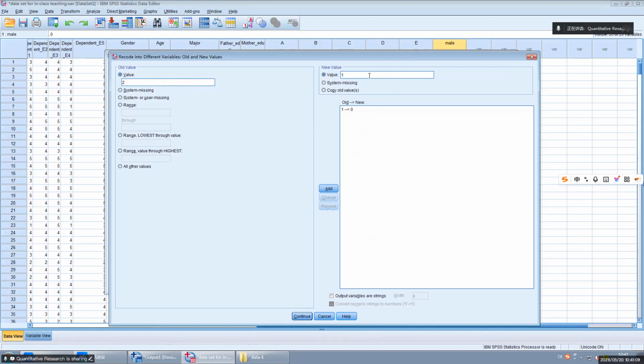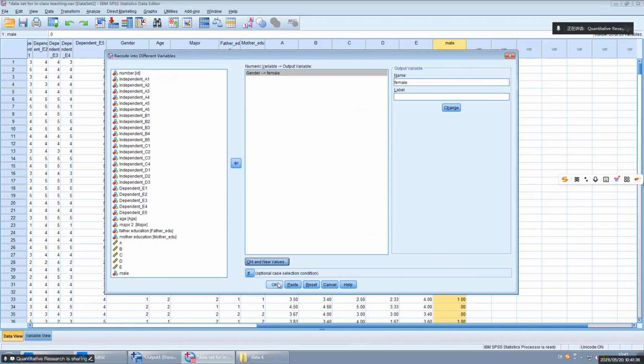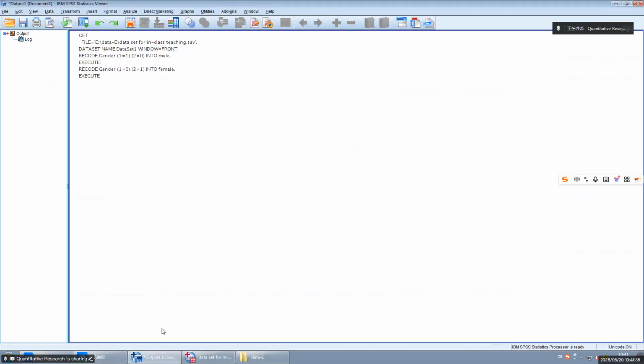It should be changed to 1. So old value 2 has been changed to the new value 1. Okay.